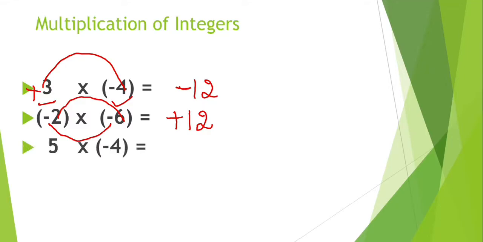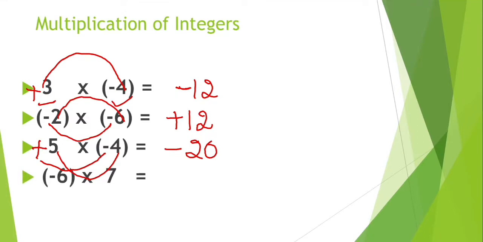Next, 5 into minus 4. Clearly here in front of 5 there is no symbol. In front of any number, if there is no symbol, we have to consider it as plus. So this is nothing but plus 5. First we have to multiply the symbols. So plus into minus is minus. Now multiply the numbers. That is 5 4s are 20. Like this we have to do the multiplication.